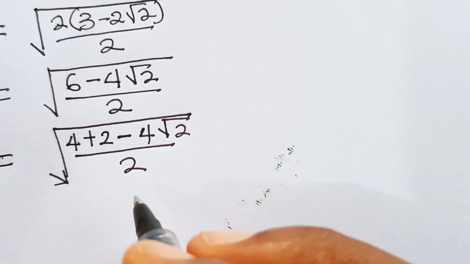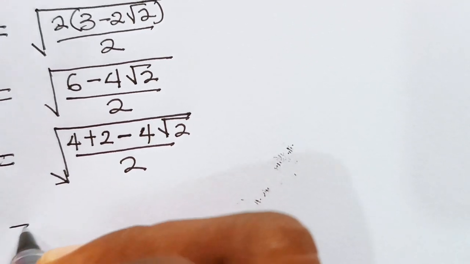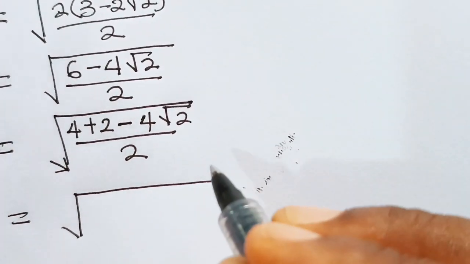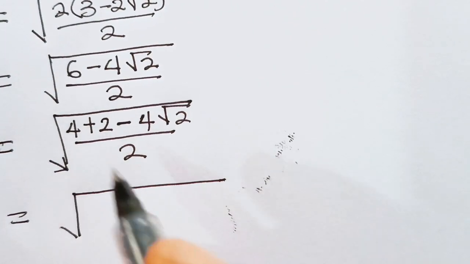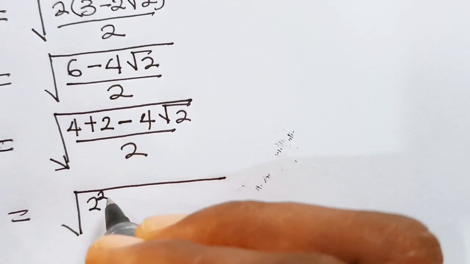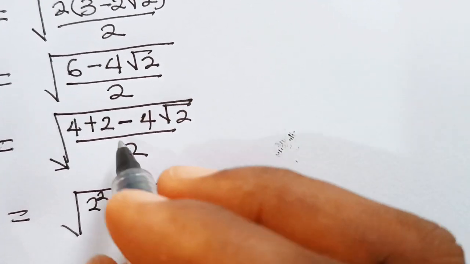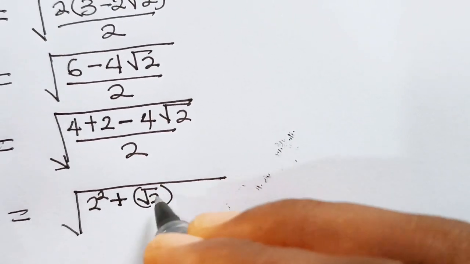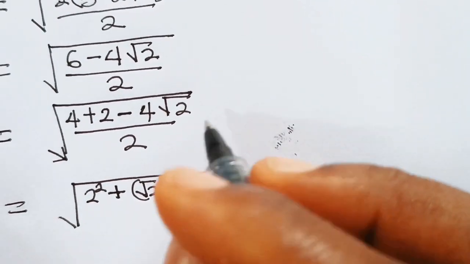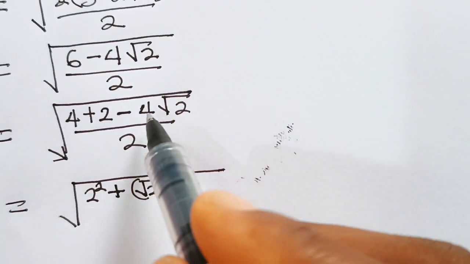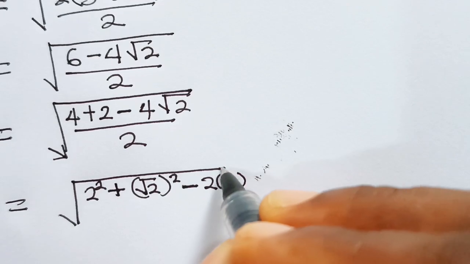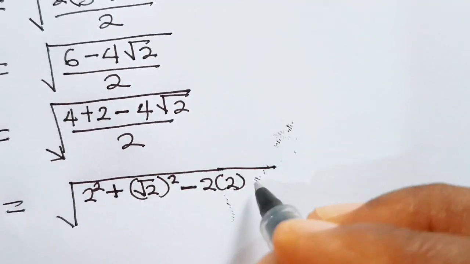Now, this can be expressed as the square root of 4 plus 2, which is 2 squared plus 2, the same thing as square root of 2 raised to the power of 2, minus 4, which is the same thing as 2 multiplied by 2. Okay? And we have root 2